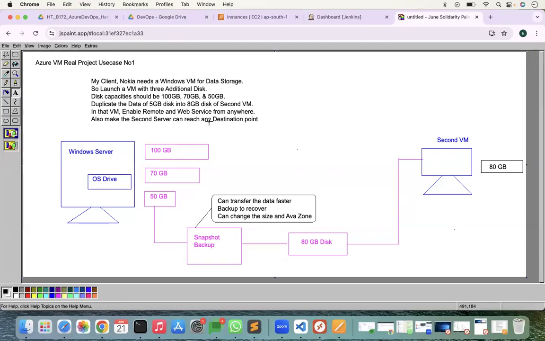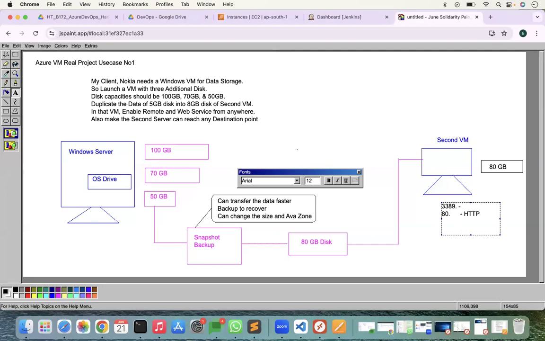In that VM, remote and web service are enabled from anywhere on the second server. We can enable remote and web servers from anywhere, I mean port 3389 and port 80 for HTTP. This port is for HTTP. This port is for RDP, remote desktop protocol. So we need to make sure